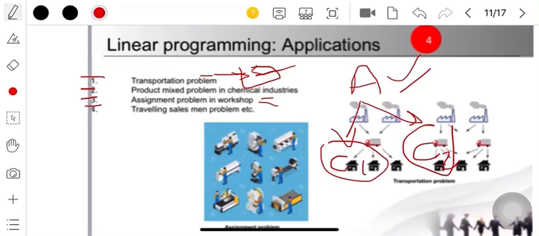So these are various standard applications of linear programming problem. Now you can see Flipkart and Amazon are delivering various items. They are using the linear programming model, because suppose there is a delivery boy from Amazon and he is delivering various parcels to various delivery points.